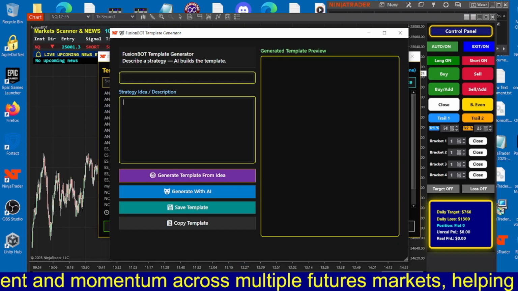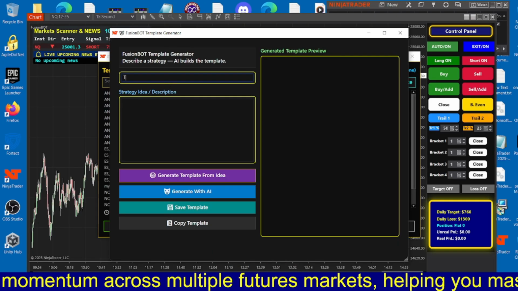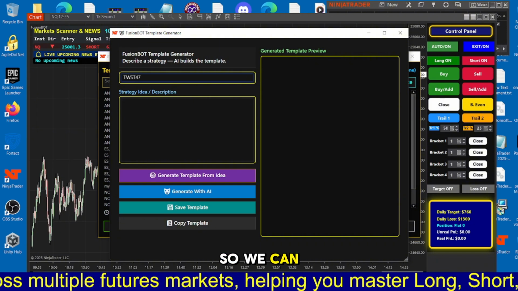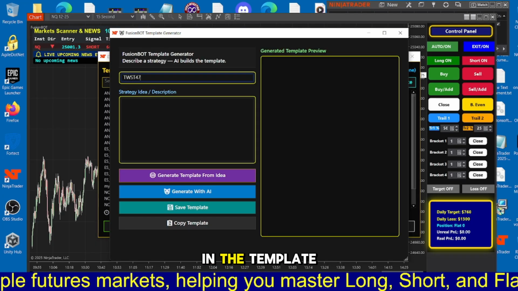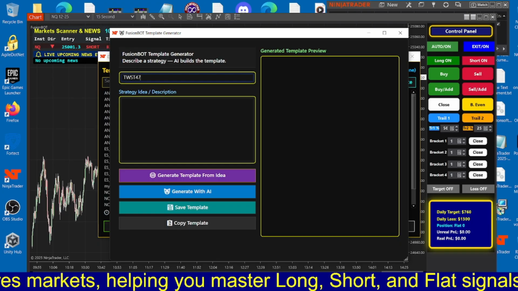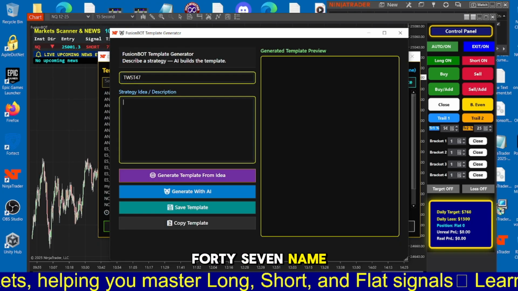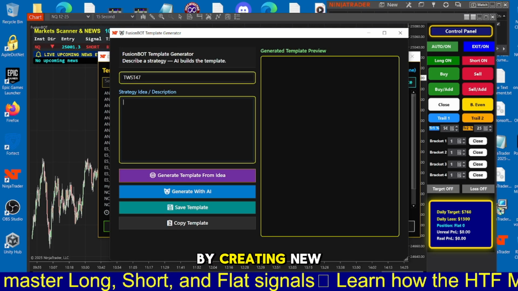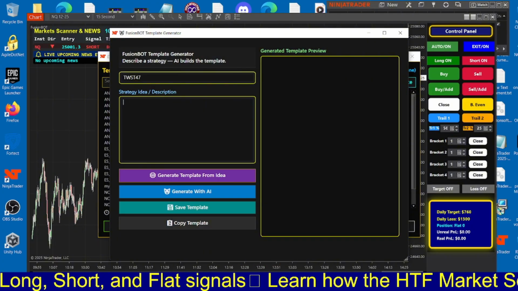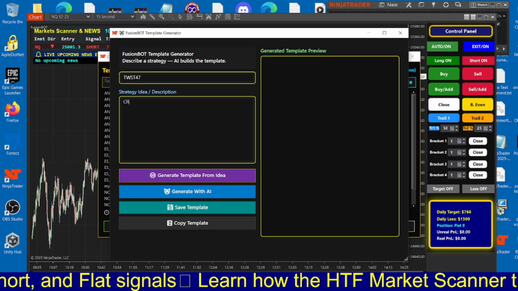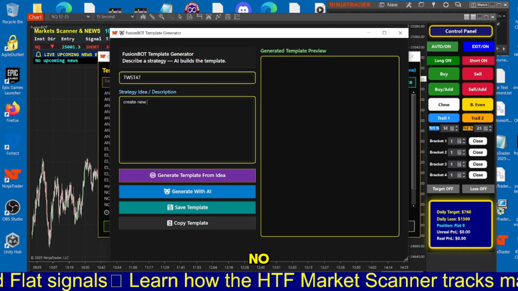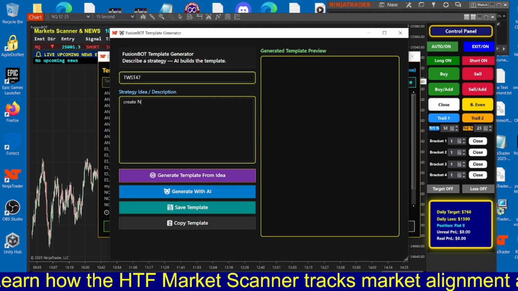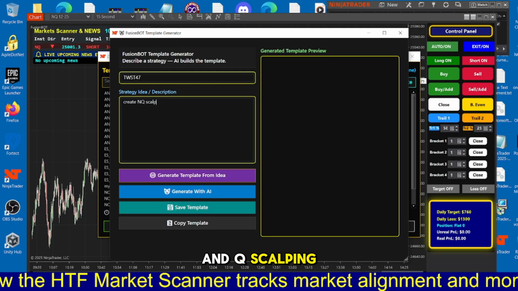Let's try it again. And let's call this TWST 47, so we can confirm this setup in the template window. TWST 47 is the name for the setup. And now we can start again by creating a new setup. Create new, or without new, you can just type create NQ scalping